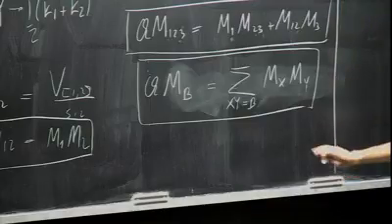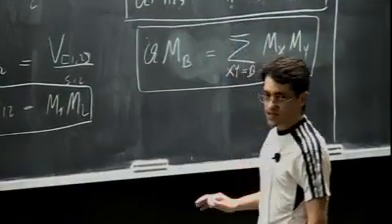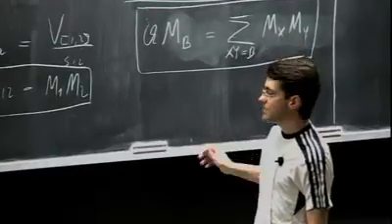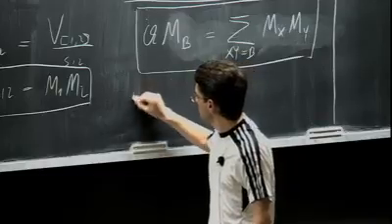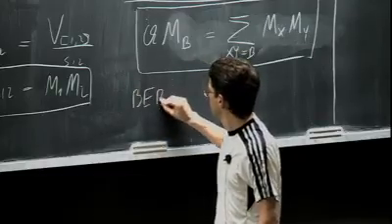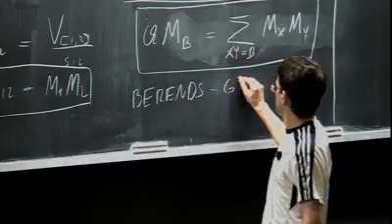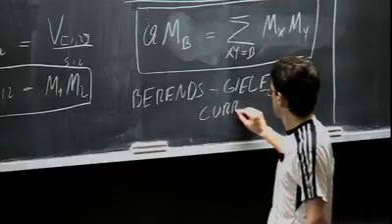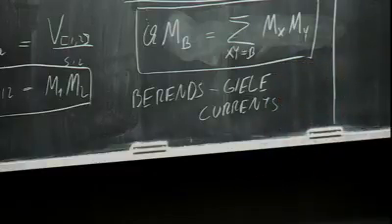Okay, so now we have these objects, and for reasons that would take too much time to explain, these objects here are called Berends-Giele currents. Berends-Giele currents. And let me just say that